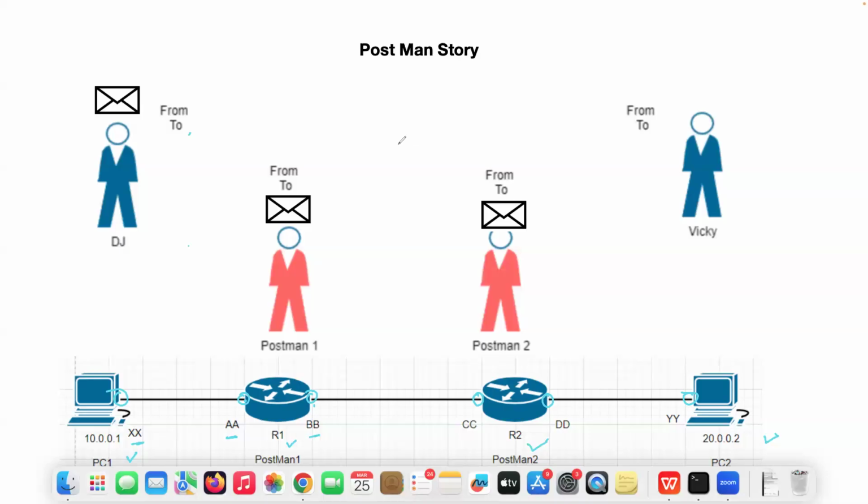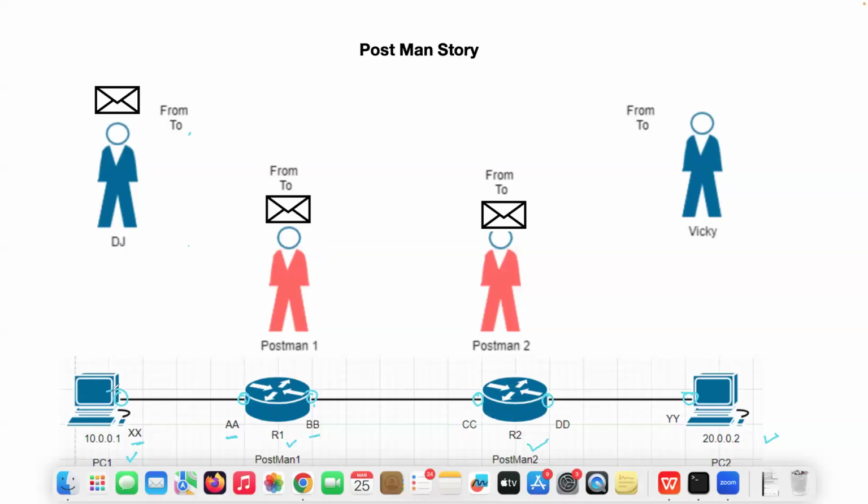Then when she passes that phone to you from her left hand, on that case also source IP will be me, destination IP will be you, source MAC will be her left hand, and destination MAC will be your right hand. Correct? So this MAC address alone will change. IP address will not change during this path. Understood? So just imagine. I'm giving it to her, and she has taken it from her right hand. So source MAC and destination MAC will change. Then again source MAC and destination MAC. This is what will happen here.